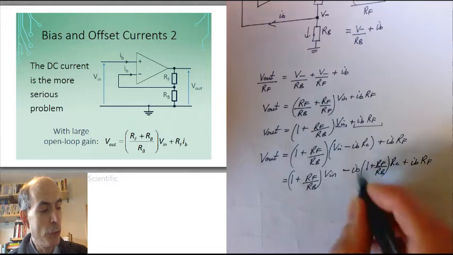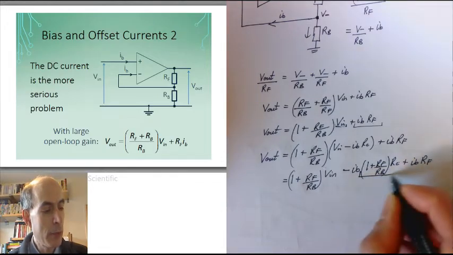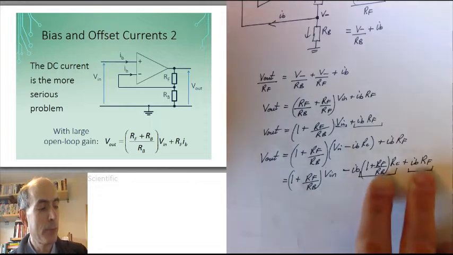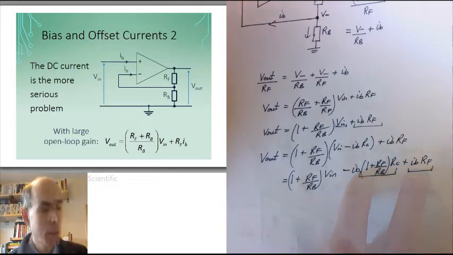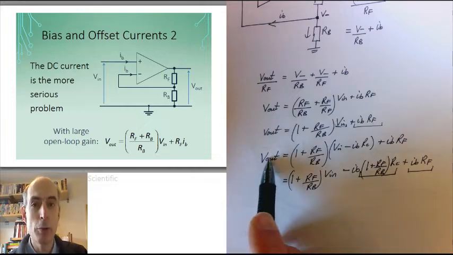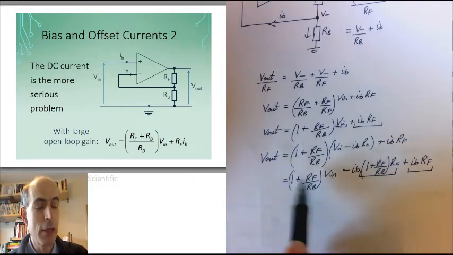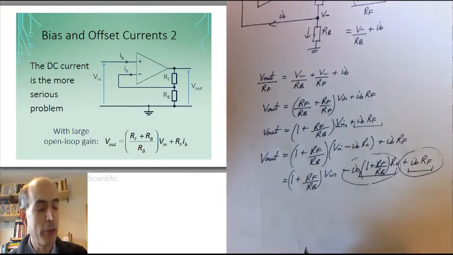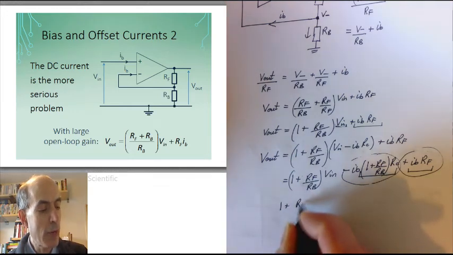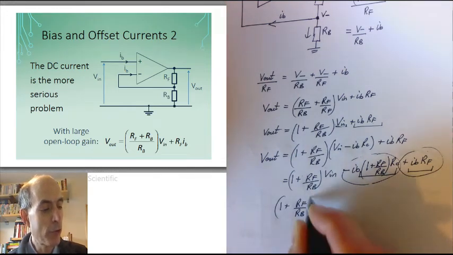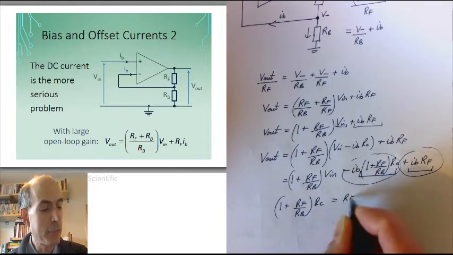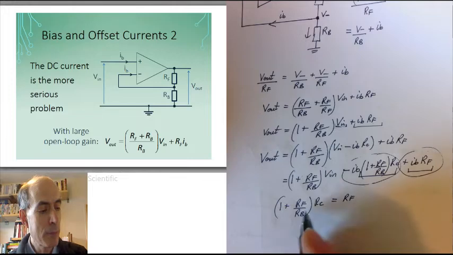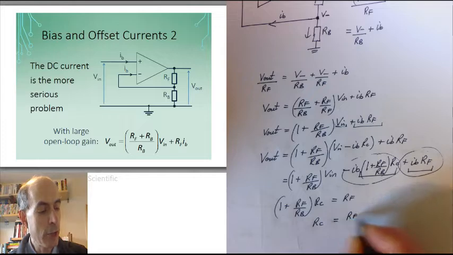Now, if I choose RC so that this term here is equal to this term here, then these two terms would cancel out. What I need, in other words, to get the output of my op-amp equal to the output in the case of an ideal op-amp is just to have this term equal and opposite to this term, which means 1 plus RF over RB times RC has got to equal RF. Solving this for RC gives me that RC equals RF times RB over RF plus RB,